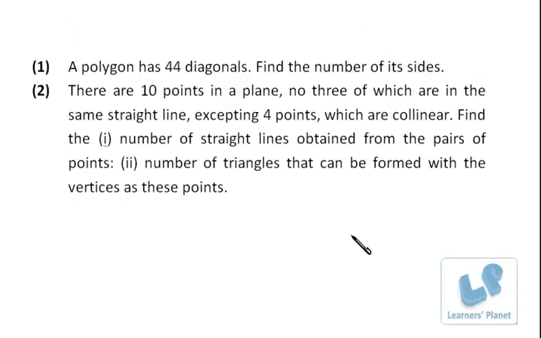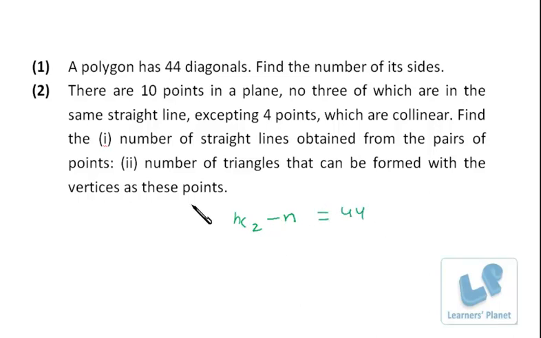Now friends, let's have a quick recap of the problems that we discussed in the previous session. Here, a polygon has 44 diagonals, find the number of sides. In the previous session, we discussed a similar concept, and it takes 2 points to make a line, right? But each line is not a diagonal. If we match two adjacent points, we won't be getting a diagonal. And we derived the formula for the same, that is nC2 minus n. So the number of diagonals for any polygon having n sides is nC2 minus n. Now nC2 minus n is 44, that is given in this case.